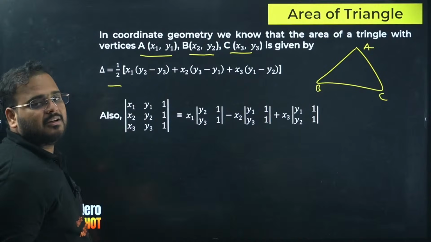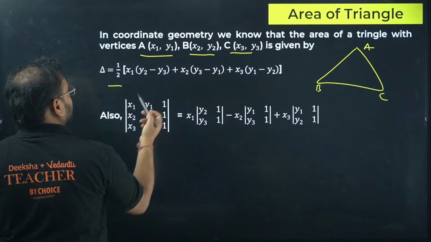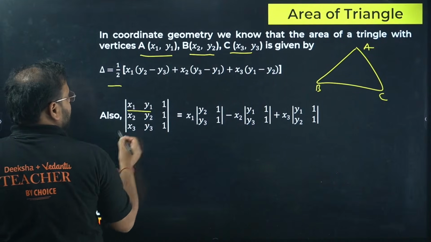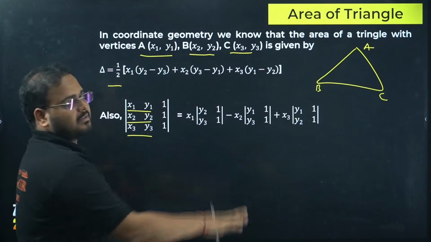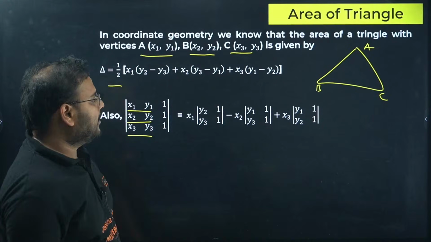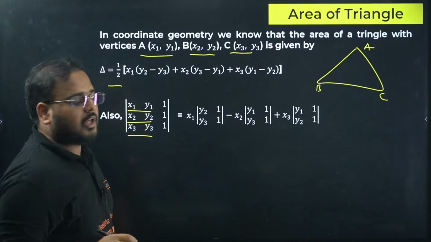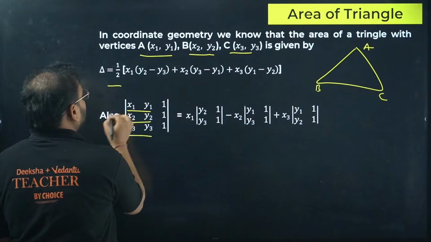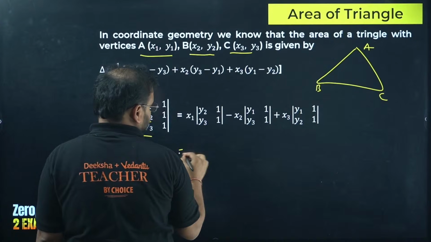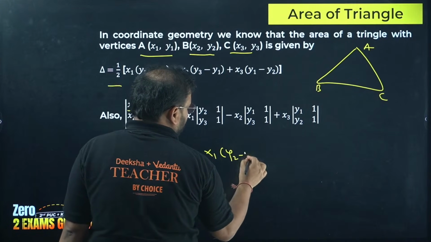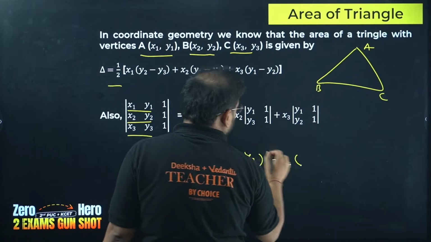So how do we get that? With the same thing in the result of determinant. Simple. You write this determinant over here. Write the coordinates of the first point, second point, and third point. And since it is 2D, take the last column to be 1, 1, 1, keeping the same plane. Only we have x1, y1, x2, y2, and x3, y3. Now, if you solve this determinant, you'll get x1 times (y2 minus y3). Over here, you have minus sign, so write the minus sign over here: x2 times (y1 minus y3).